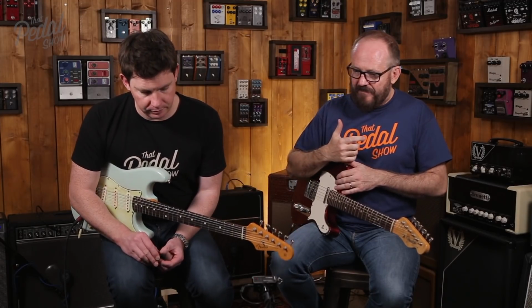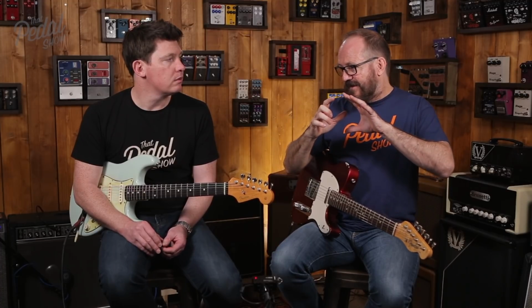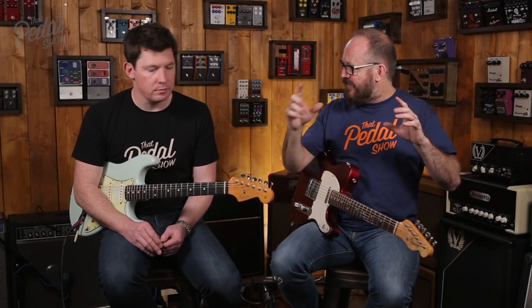A lot of people use the jazz chorus in tandem with another amplifier. It's actually like Steve Rothery. The jazz chorus and I think the Silver Jubilee was certainly a big part of his thing. I'm sure it was a Silver Jubilee, I could be wrong. I think it is. But he's also used things like the Groove Tube, the four-way...